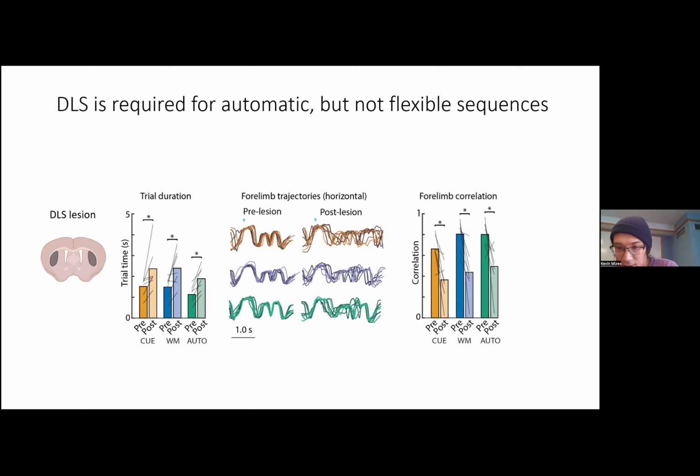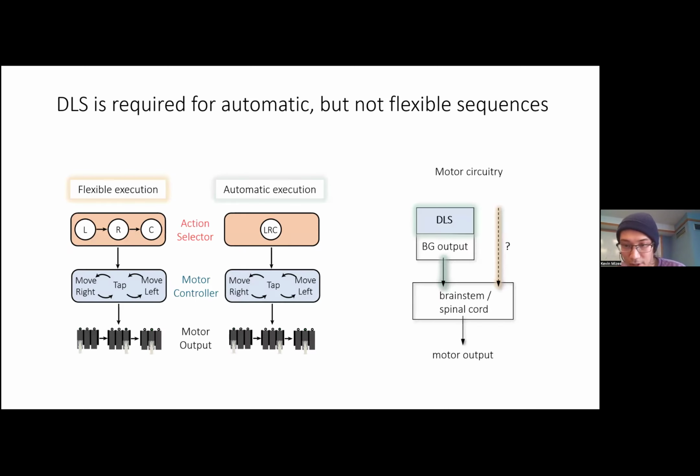And so taken together, this suggests that the striatum plays an essential role in specifying the task-refined kinematics independent of the execution mode, but it is dispensable when flexible sequences are rescued by these external cues. Suggesting there is a way for these external cues to guide the basic movement, even though it's not as clean and refined and stereotyped kinematics, but it is able to guide the animals to perform these flexible